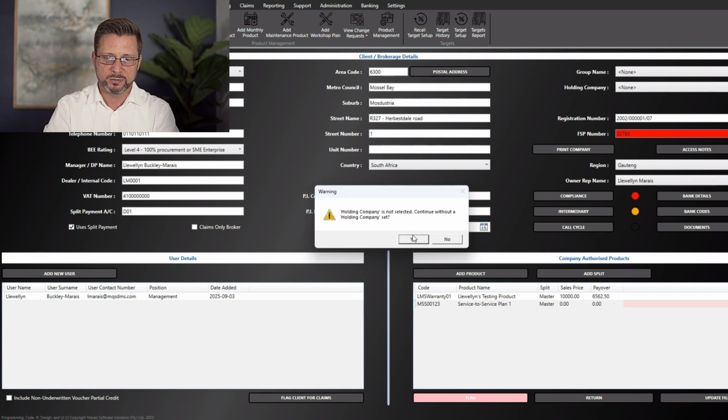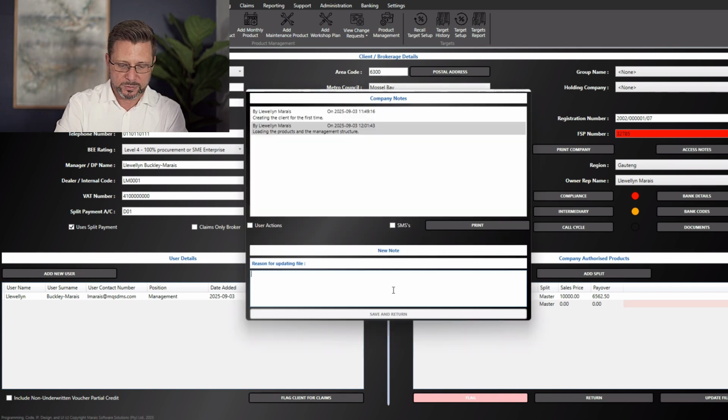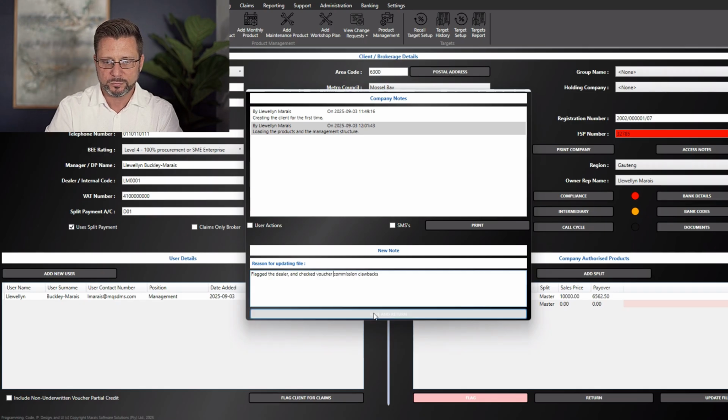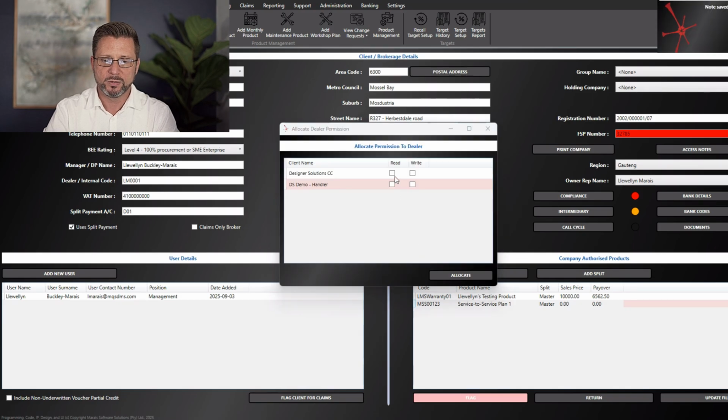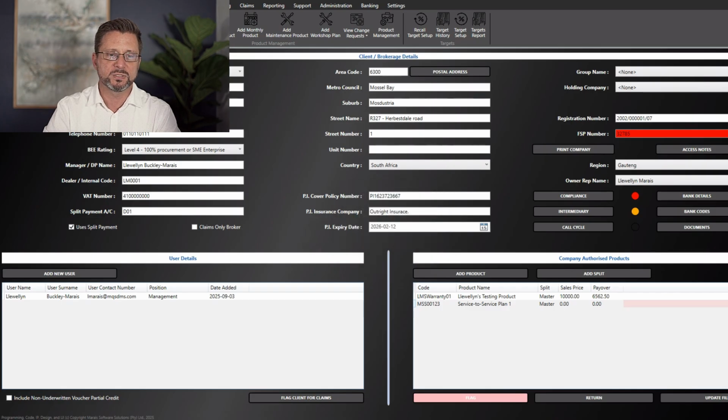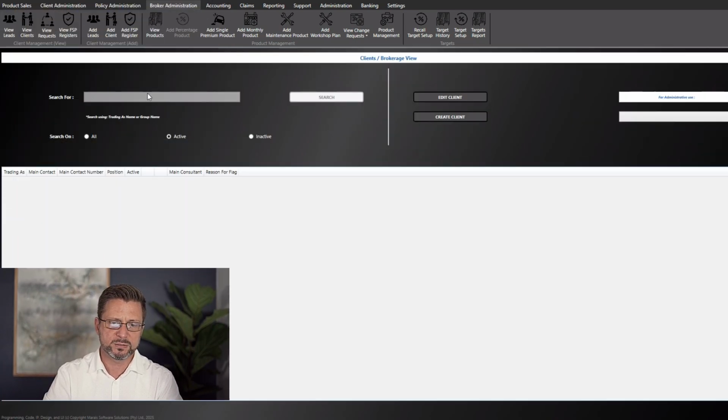This is all completed. We're going to say yes. So we say flagged the dealer and checked commission clawbacks. Let's call it voucher commission to be more specific. Save and return. Okay, read and write there and allocate. Okay, company successfully saved. So now if I go into view clients and I go here,